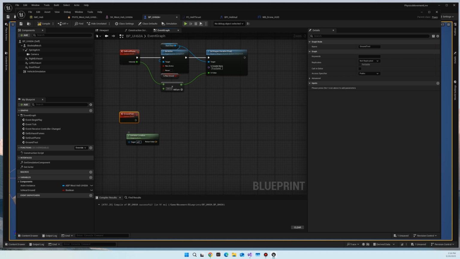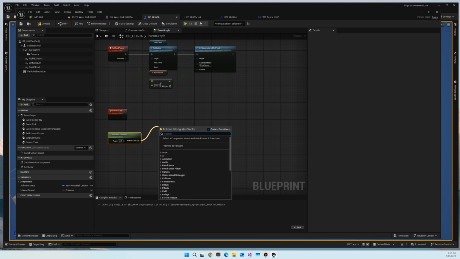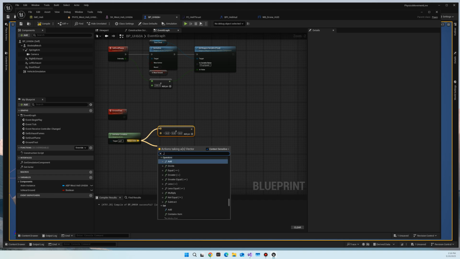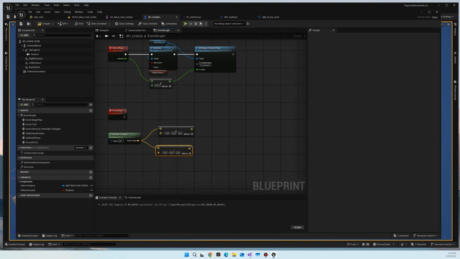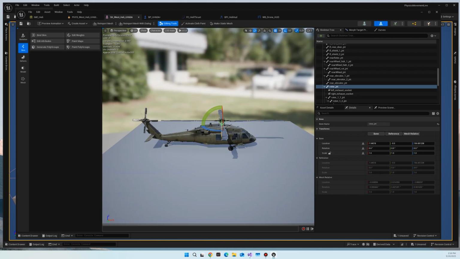And specifically the actor location. We're going to need this, and then all we need is the down trace. So I'm going to do two things. I'm going to do an add, and I'm also going to do a subtract here. So this is going to be where I'm going to start, and this is going to be where I'm going to end. So if we come back to the helicopter rate,